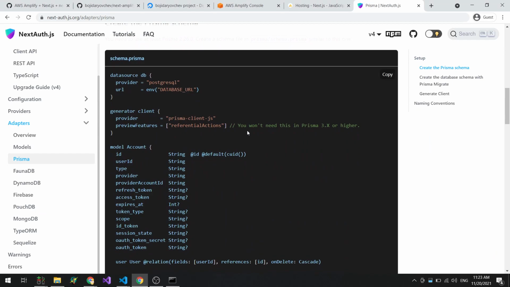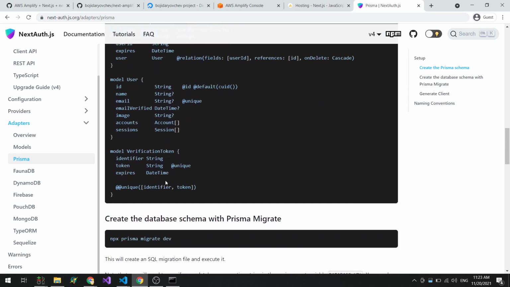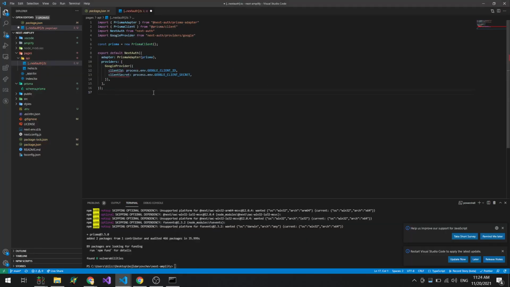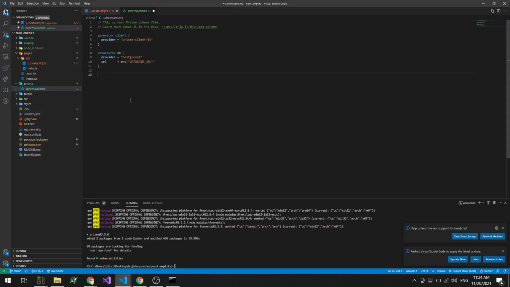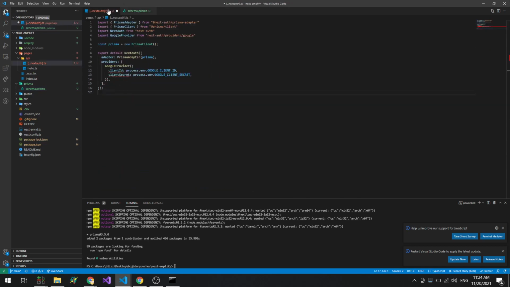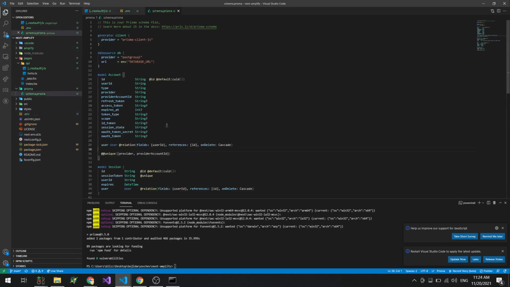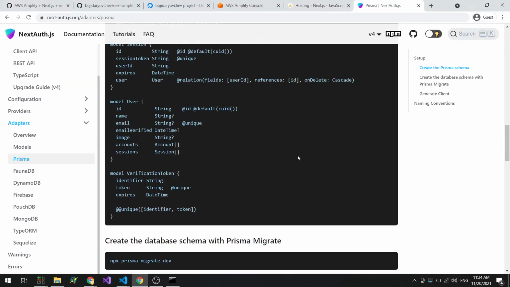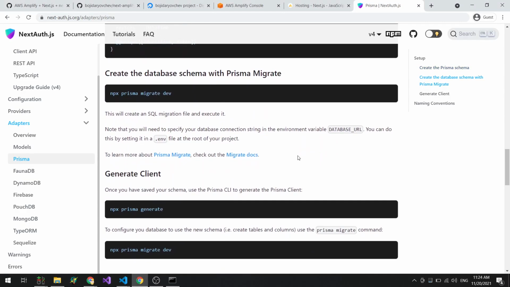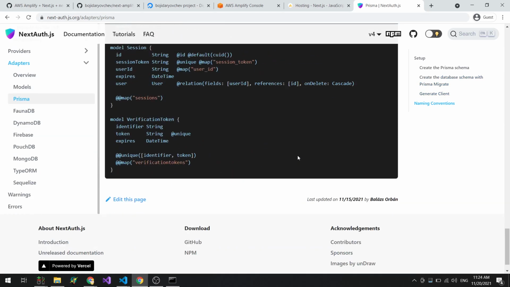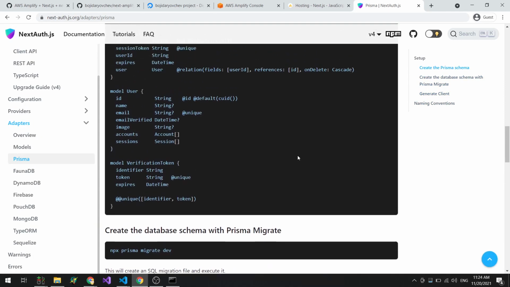Now we need to copy the Prisma schema related things. So these are the models that NextAuth needs. Since we're using TypeScript, we need to do this. So here we have our database connection URL. We're going to be replacing that soon. So let's see. Now that we've done all that, the next thing